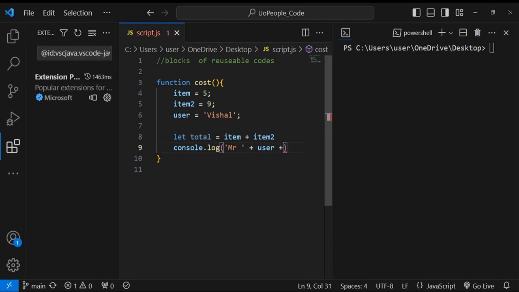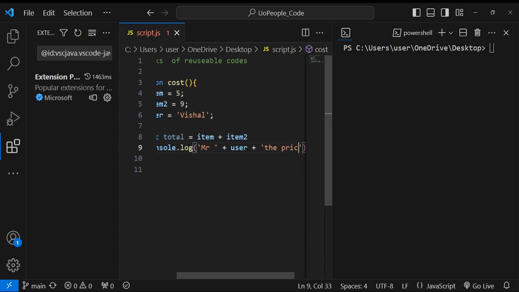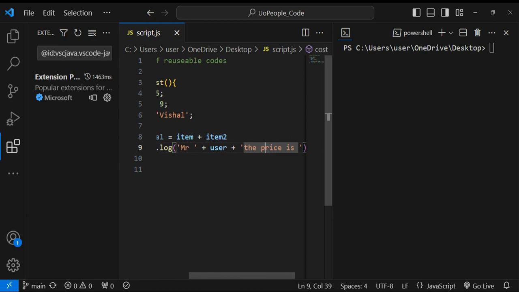So I want Mr. User, the price is in another string, the price is,